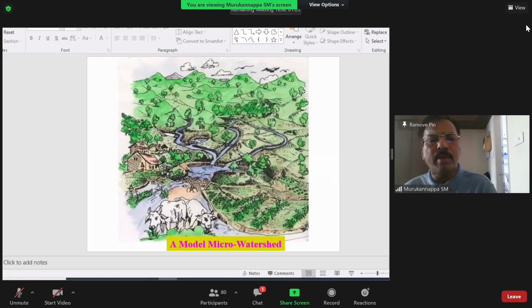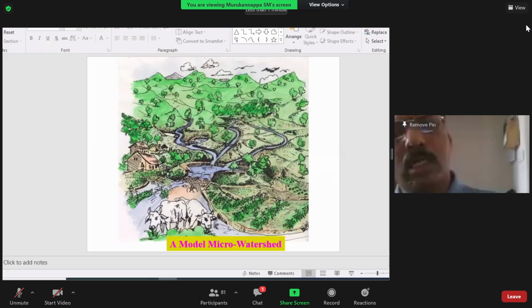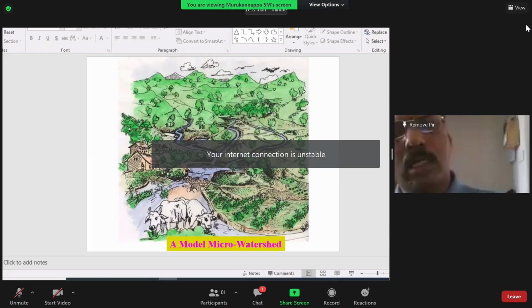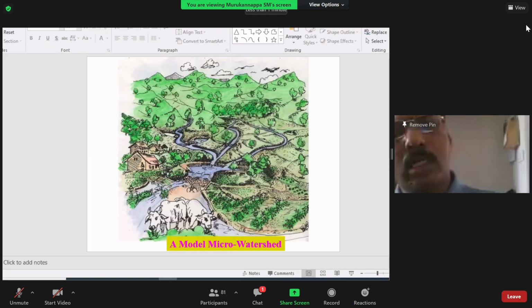In this case, we can find different gullies or nalas flowing and collecting somewhere in the downstream side. This area you can call the drainage line. The drainage line is where all the gullies or nalas are found. The measures are different for this. I will explain in detail one by one. Did you clear this?